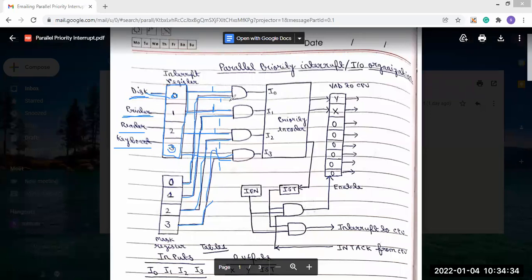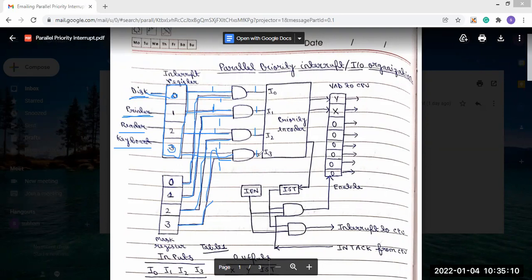This mask value will also be sent as an input, and these two inputs go to the AND gate, so AND operations will be performed. Here 1 and 1, the AND operation will give 1. There also 1 and 1, the AND operation will be 1.